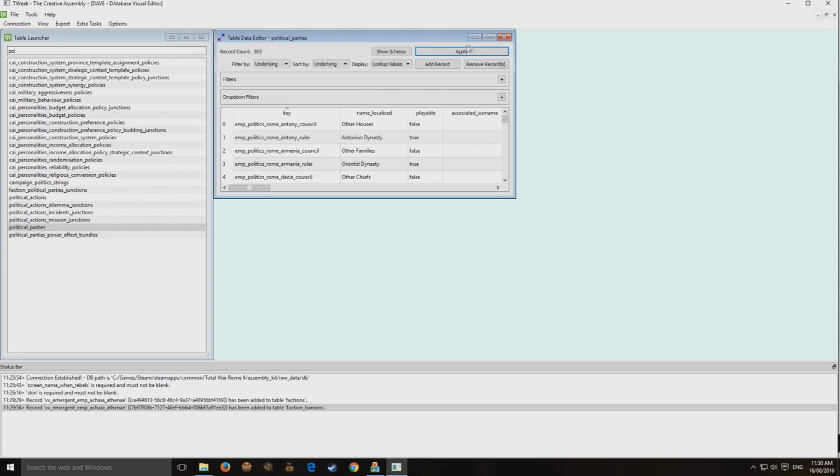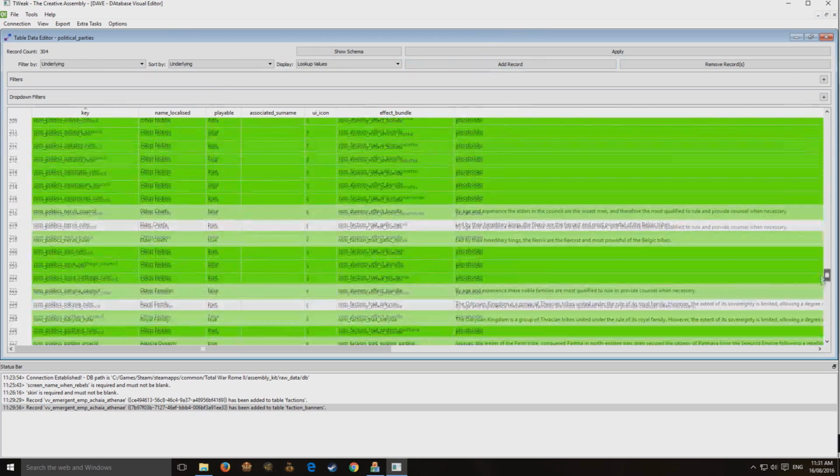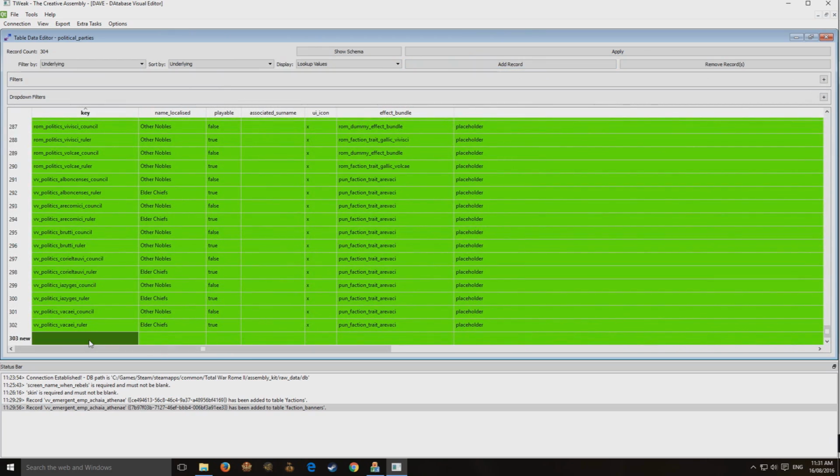So we go to political parties table, add a record. Usually I'd do two. I'd create one for the player's faction and one for the non-player faction. Or maybe even 3 or 4 if you want to create more diversity in the politics. I call it politics, emergent